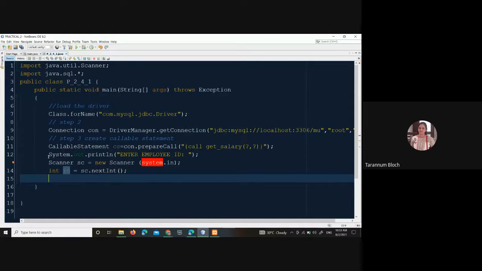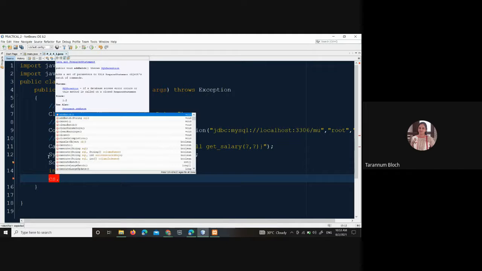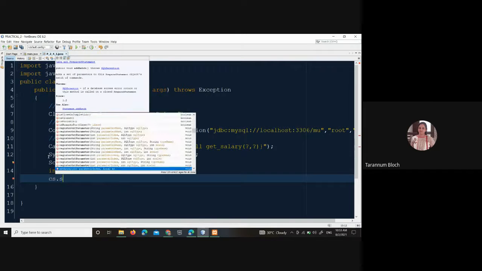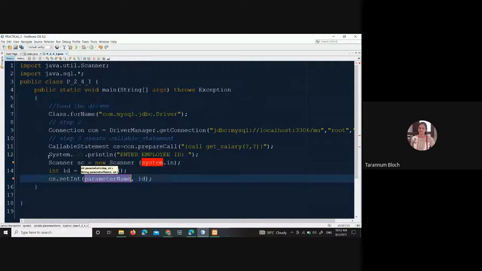So what you need to do is set it inside your callable statement. You can write the object name CS, which you created previously, in line number 11. CS dot setInt, with capital I. The first question mark is our input variable.